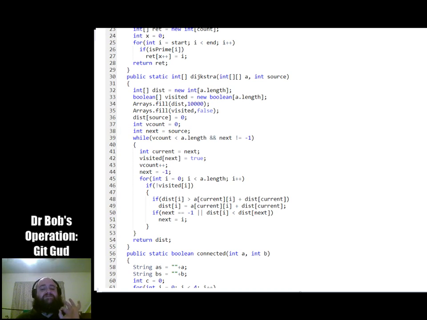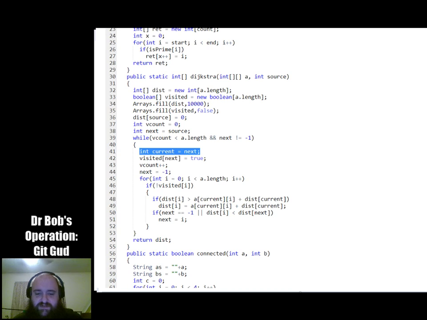So next is the node we're going to expand next. We make sure that we haven't visited all the nodes, and that we're actually going to visit another node next. So this will end up being -1 if, for example, we haven't visited all of the nodes, but it's impossible to get from our set of nodes to another node. So this is how we handle the impossible case.